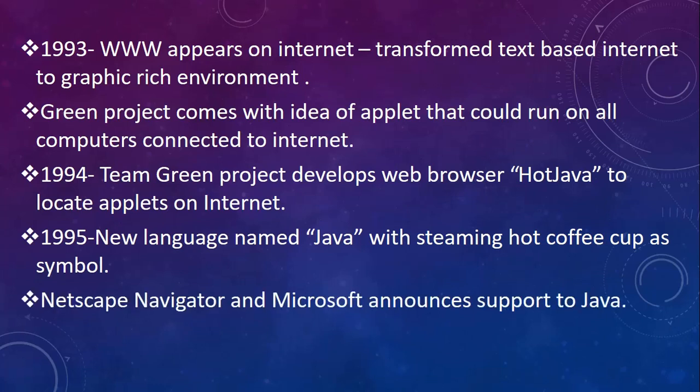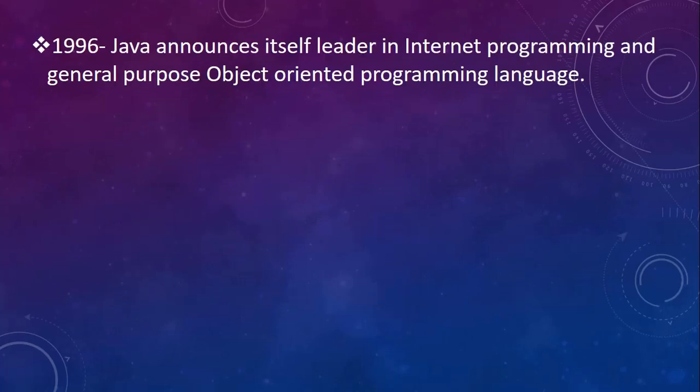Once the web browser HotJava came out, people started using it. Already existing companies like Netscape Communications, who were the leaders in web browsers during that time, had to do only one thing: announce their support for Java. And subsequently Microsoft, with their much in demand Internet Explorer, also announced their support for Java, because Java enabled the simple text-based internet to turn into a graphic-rich environment where you could see animations and that sort of thing. In the next year, 1996,